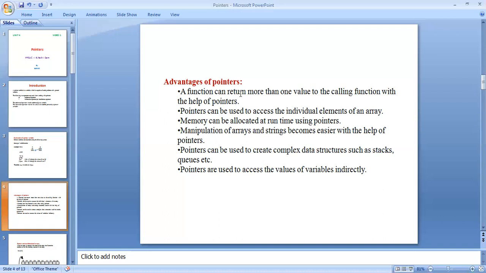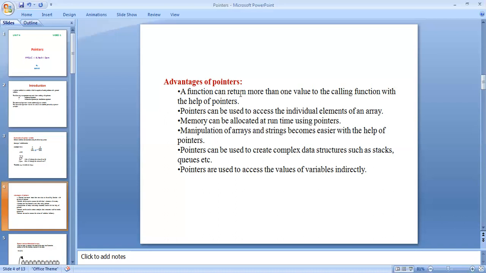Memory can be allocated at running time using pointers. Once we declare the pointer variables, memory will be allocated. Manipulation of arrays and strings becomes easier with the help of pointers.